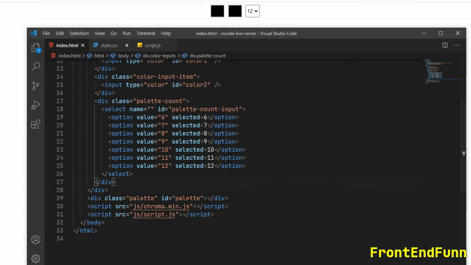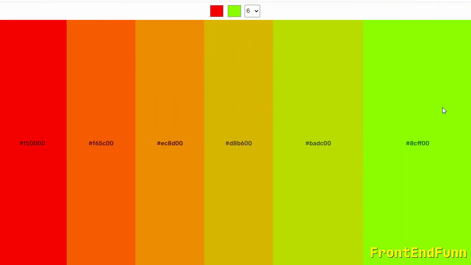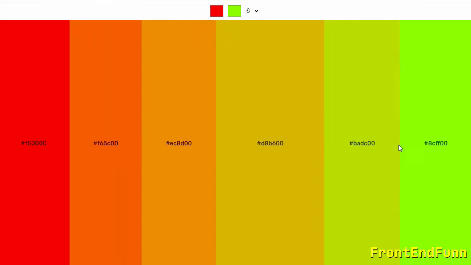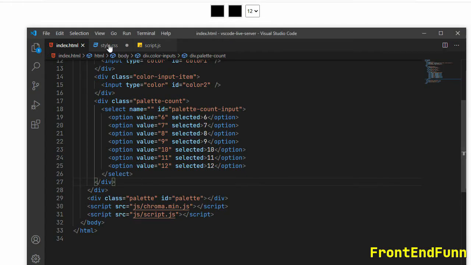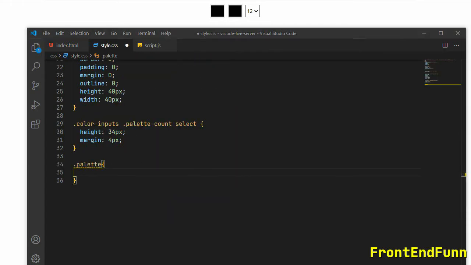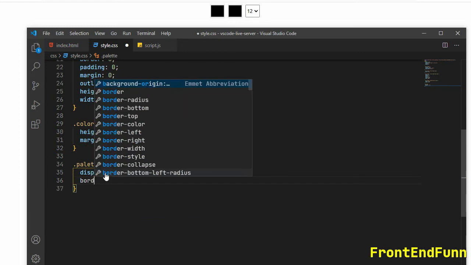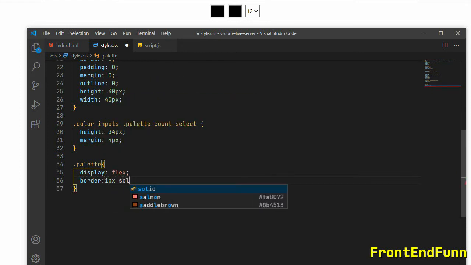So this div holds the palette which is generated using JavaScript. These divs are generated using JavaScript. So I'm just targeting the palette and making it displayed as flex. So I'll set the display as flex and let me add a border so that it is visible.